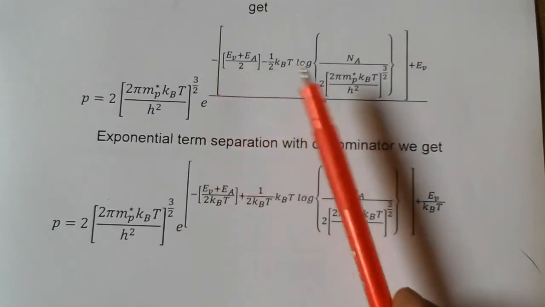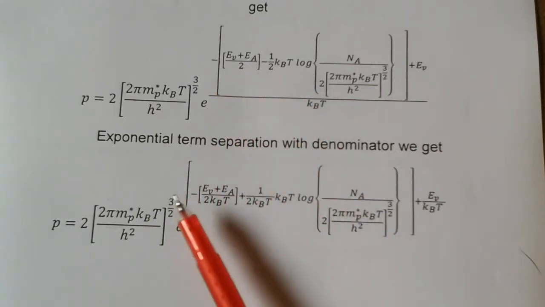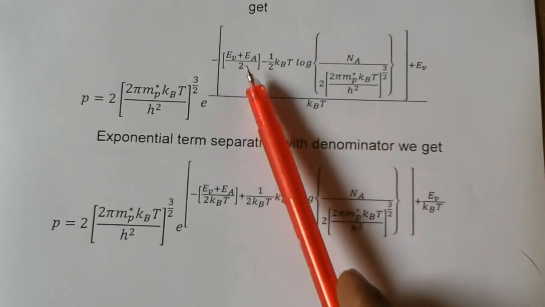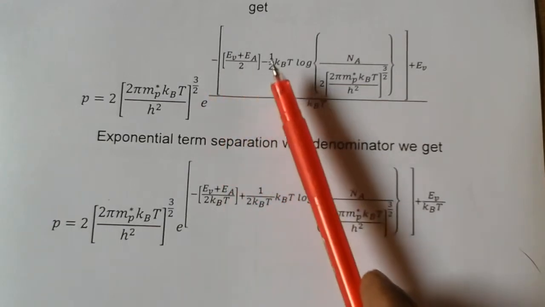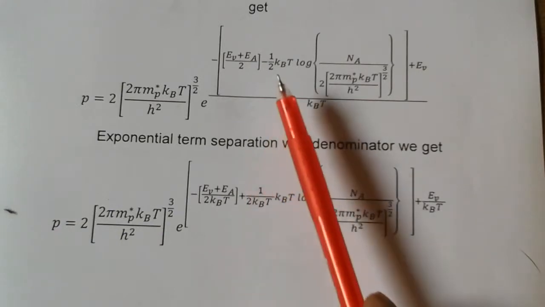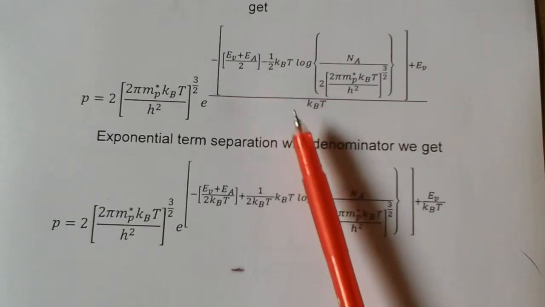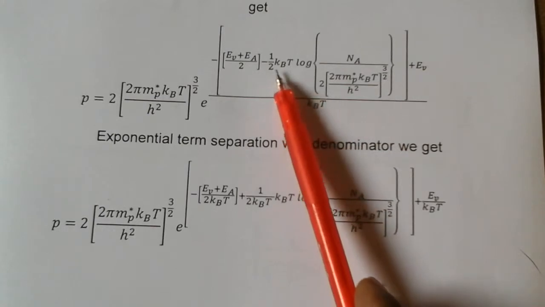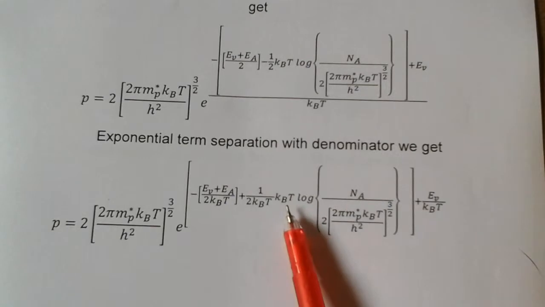This minus I am sending inside a bracket. Minus into EV plus EA by 2, so minus into EV plus EA by 2 KBT. By which this KBT we have written here. So that's why we got 2 KBT. Minus into minus plus, that is why we are getting here plus. Here 1 by 2 KBT is there. But here 2 we are separately writing the total term, we are separately writing to KBT. This KBT comes 2 KBT here. That's why I get 2 KBT. This KBT as it is I am writing here.